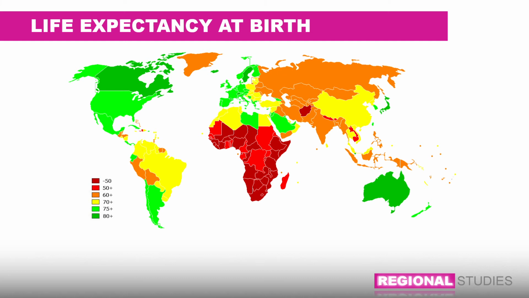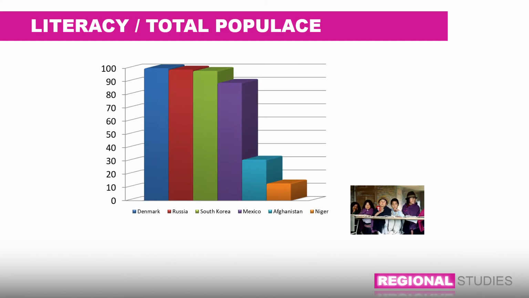But they are slowly recovering to the group of 70 plus, 75 more or less years. So another thing is access to education and to literacy. In most developed countries, the literacy rate is going to be 100%. There are no children who do not go to school and who do not know how to read and write